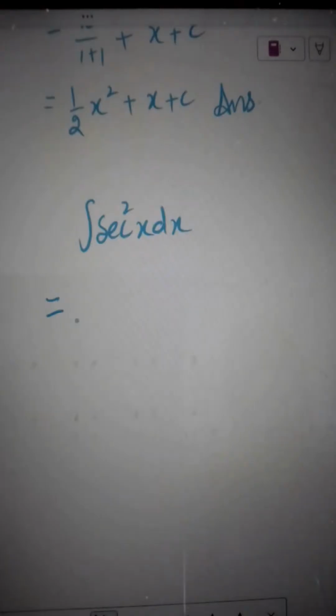If we have prior knowledge of differentiation, that will be great, because without knowledge of differentiation we will not be able to integrate a function. For example, here secant square x dx. There is a direct answer: its antiderivative, the integral, is tan x plus c. The reason behind this is the fact that the derivative of tan x is